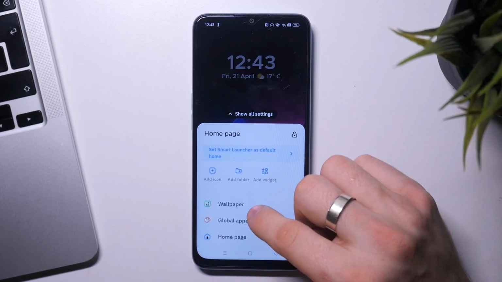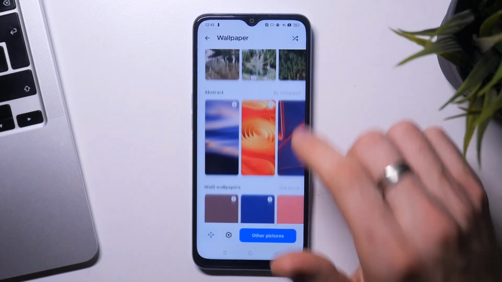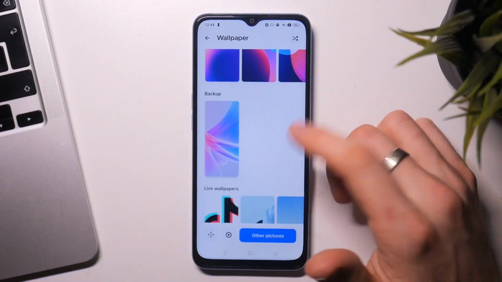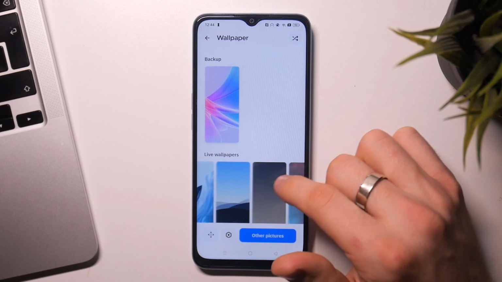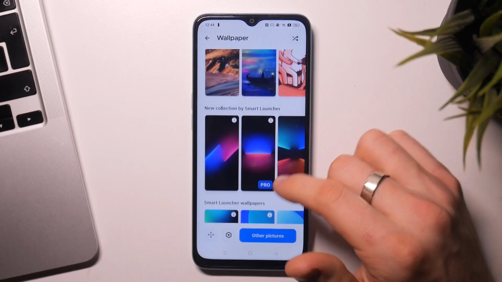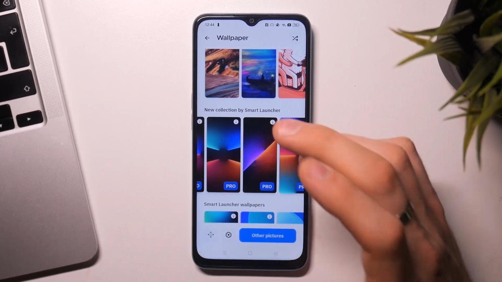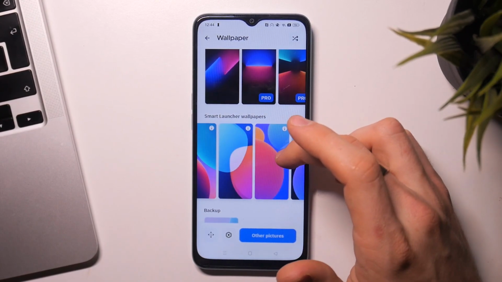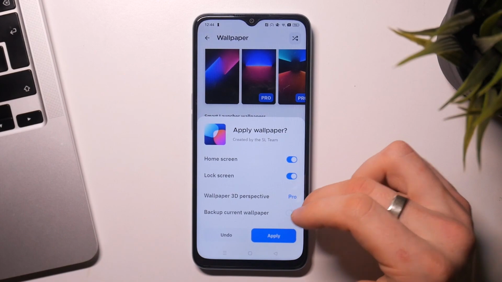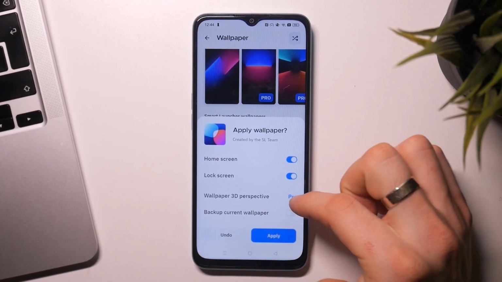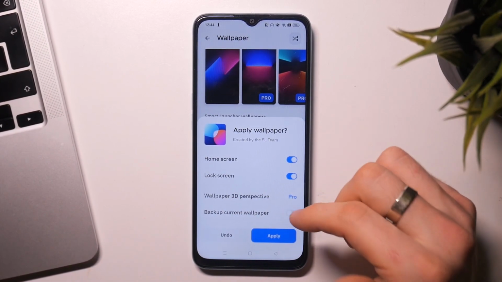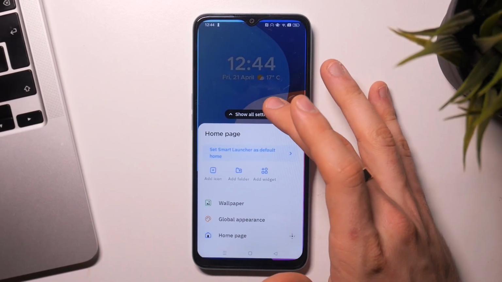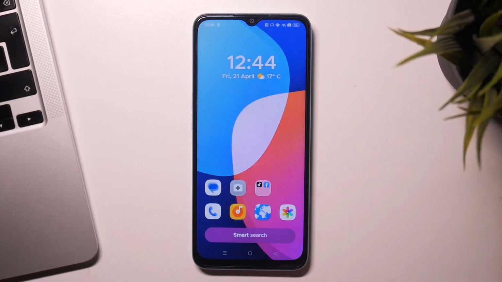Here we have really great wallpapers gallery, wallpaper store. All of these wallpapers are free, but for live wallpapers you need to pay, unfortunately. But really great wallpapers you can use, as you can see, with 3D perspective. You need to pay for it, but we can use it without 3D perspective effect, and wallpapers will be really